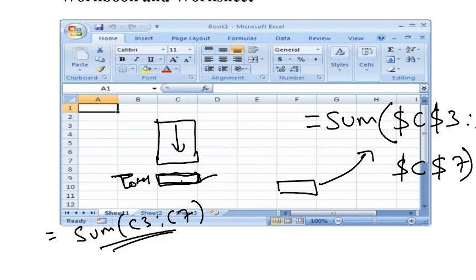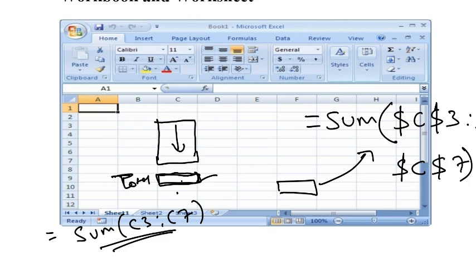In the previous relative cell reference, what happens? It was column F, so it will change to F3 to F7. If you change to here, from this particular column, C11 to C15 or 16 it will take. So it will change either the row number or the column letter. But whenever you use this absolute cell reference, wherever you copy in this worksheet, this formula will never change. So that is the use of absolute cell reference.